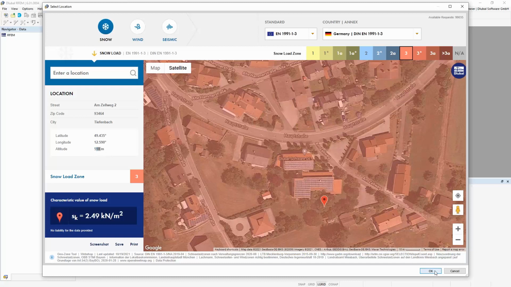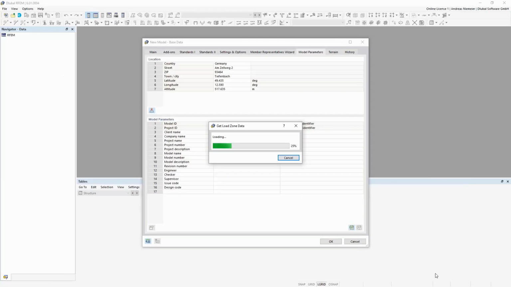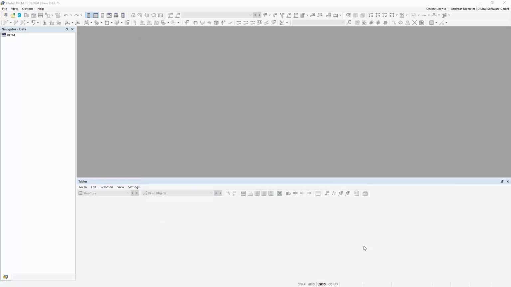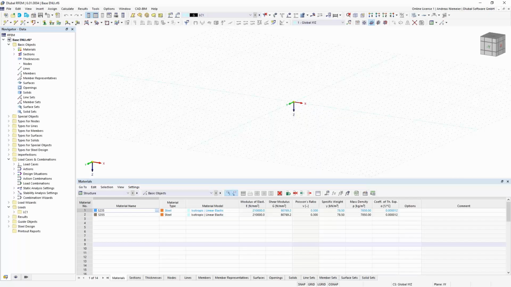After overtaking this setting, the program transforms now the geodata, let's say in syntax of our address into the menu, but also the geodata regarding snow load, wind load, and earthquake load, and give it to the results of the program. How this is working, I show you at the point when we place loads.